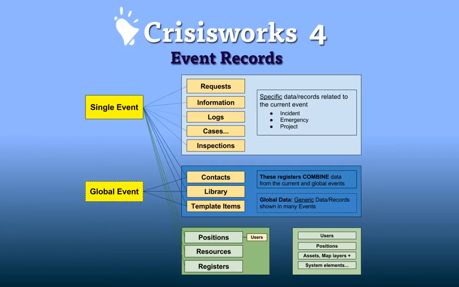This slide was used in the introductory video, so I want to use it again to discuss the way we work with positions to see who has access to the events, for normal events as well as global events. This diagram shows that a single event has its own data, so request information and offers, logs and cases and all the rest of it,